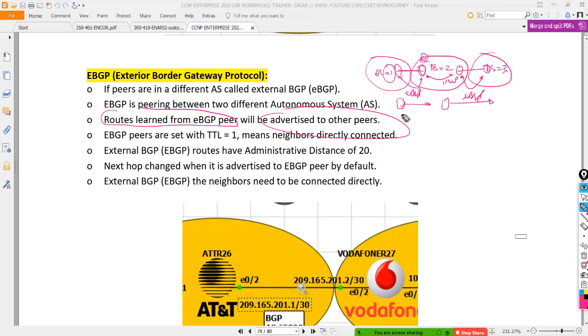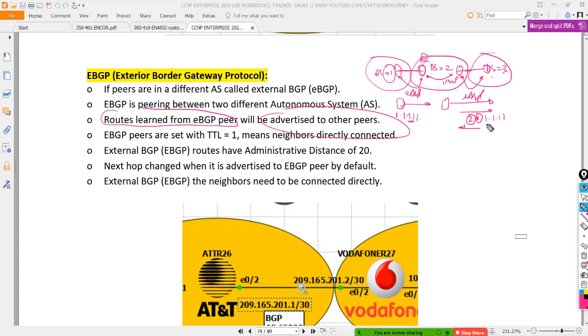Let's say your prefix is 1.1.1.1. Now AS 1 is added to this prefix. When 1.1.1.1 moves out from this AS to the next AS, you have 1 added here, and now AS value 2 added as well.